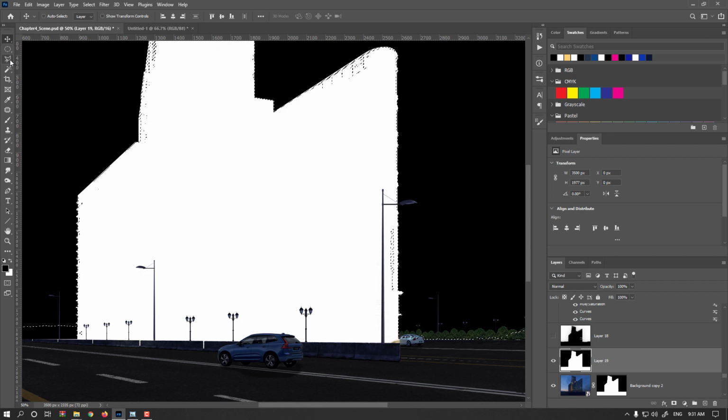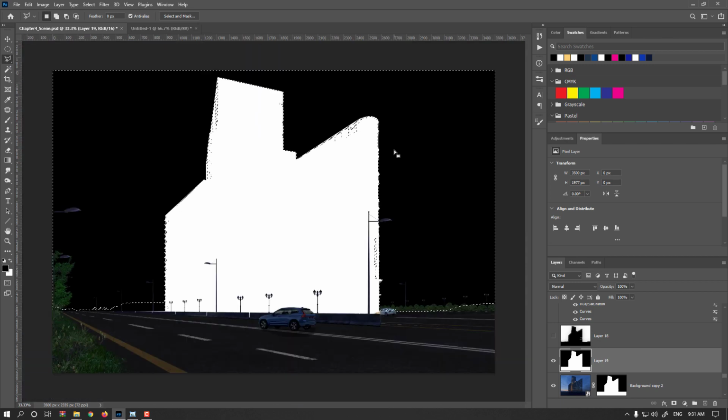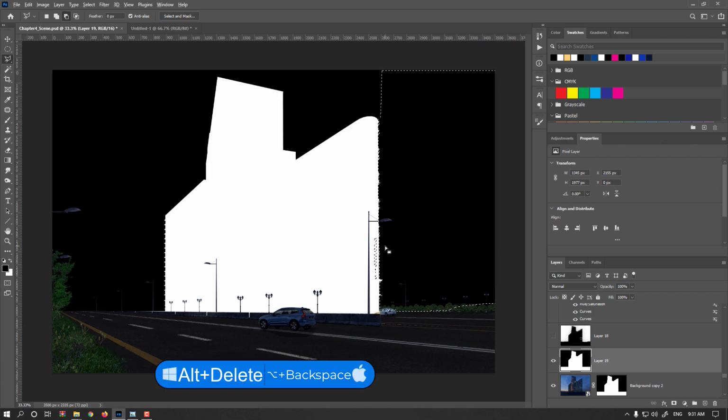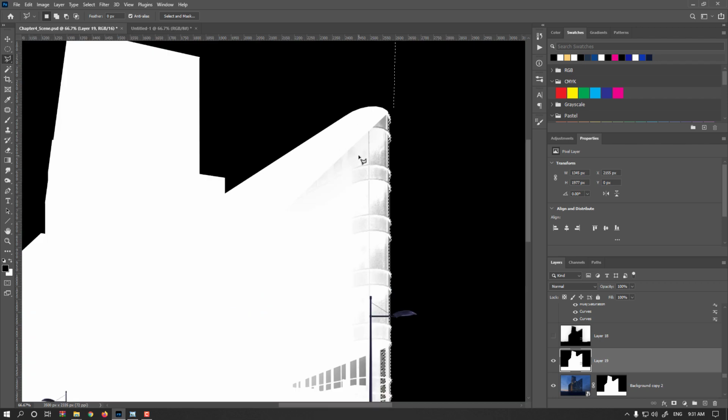Press L or select the polygonal lasso and hold the Alt or Option key and remove these sections you don't want from your current selection. Alright, Alt or Option Delete. We need to fix here too. I undo that. Actually,